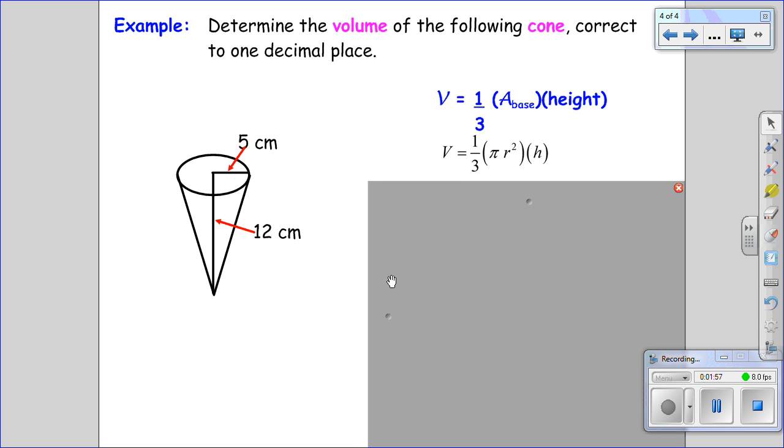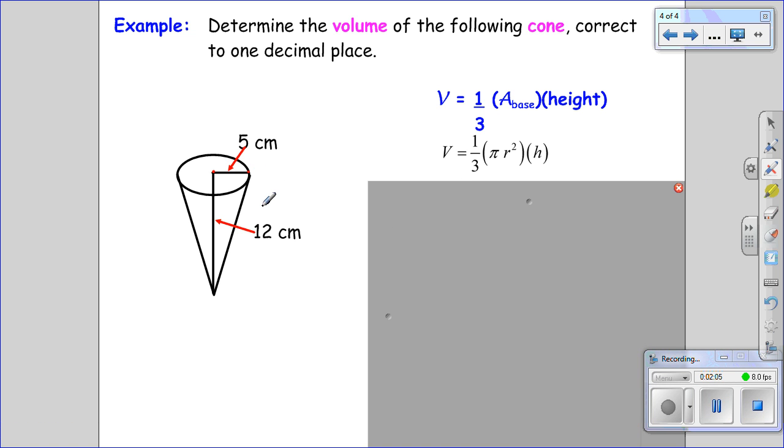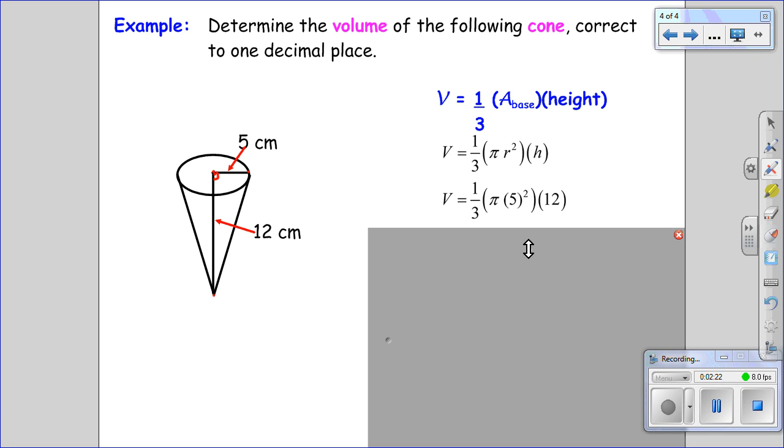Now when we substitute that in, we have to determine what the radius is. Remember, the radius is the distance from the center of a circle to any point on the outside, which in this case is 5 centimeters, and the height is the perpendicular distance from the point at the bottom where everything joins to the center of the circle on the top, which in this case is 12 centimeters. So we can substitute all of that in,